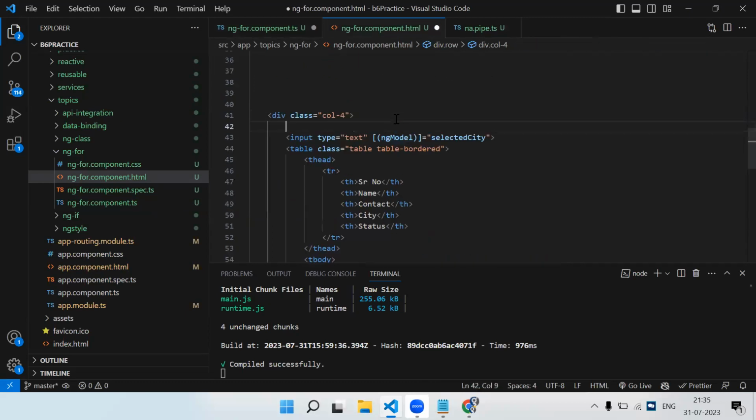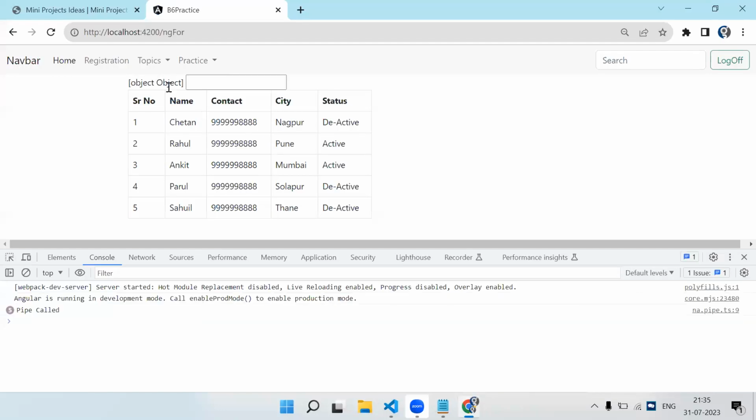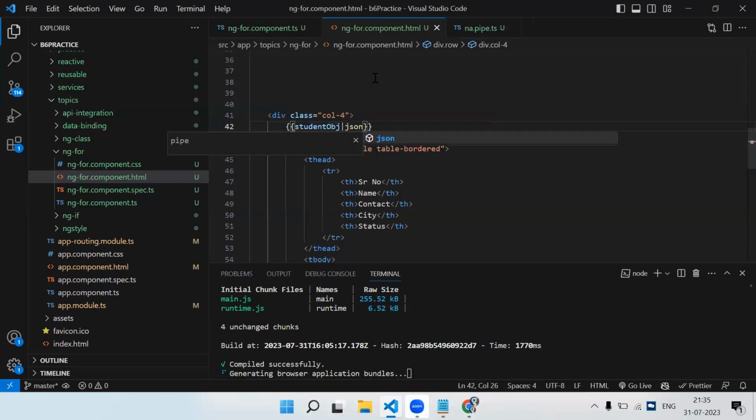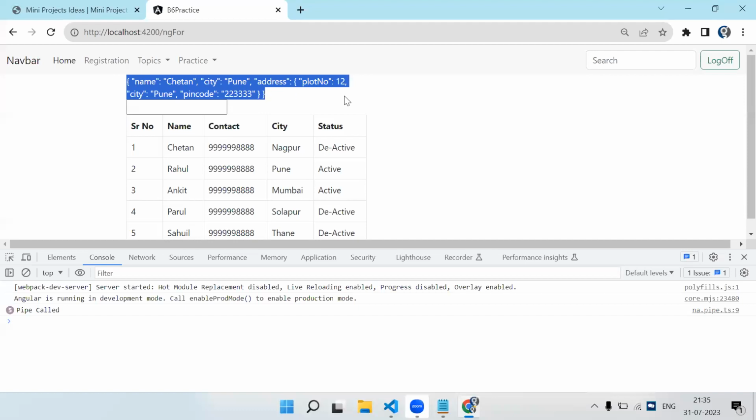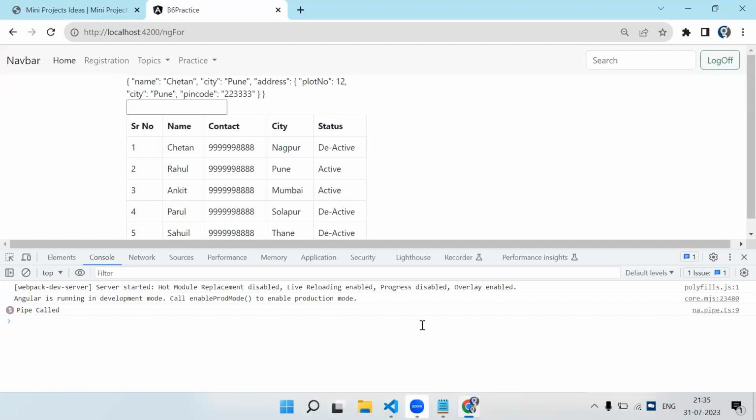If I directly print it like this now, you will get [object Object]. But what if you have to see what it actually holds? So you can use the JSON pipe. Now this object is going to be converted into string format and you can see it like that, right? So the JSON pipe is just used for developer purposes. There might be scenarios where, whatever data you get, you just need to show it like that, and there also you can use the JSON pipe, but it is normally used to see the data,